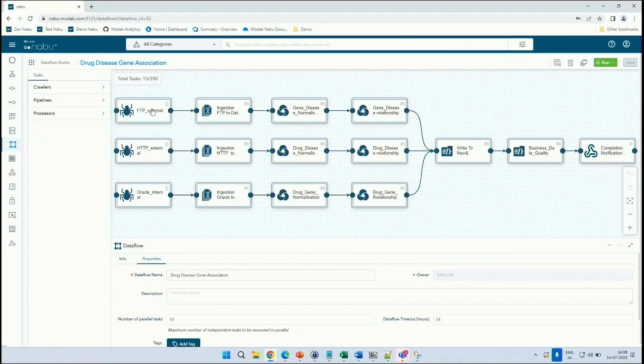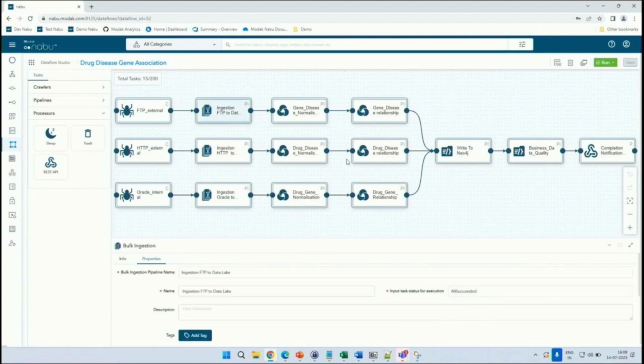So this kind of data flow can be created again using the Data Flow Studio, which provides various options to put these tasks together to execute in an order in an event-driven manner. So we could, for example, set a condition for execution of a task that it executes only once the previous task is successful, or in this case, an ingestion pipeline can run only if a new or modified object has been found at the source.